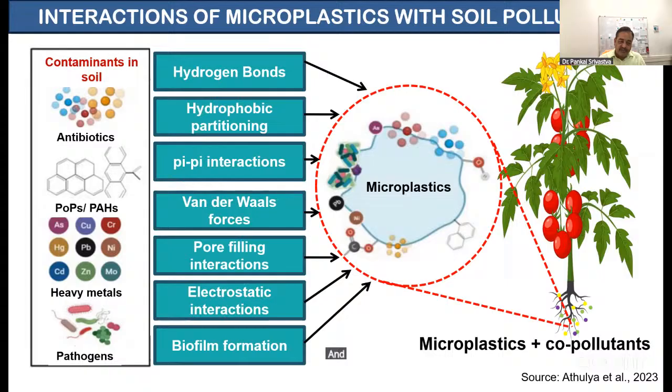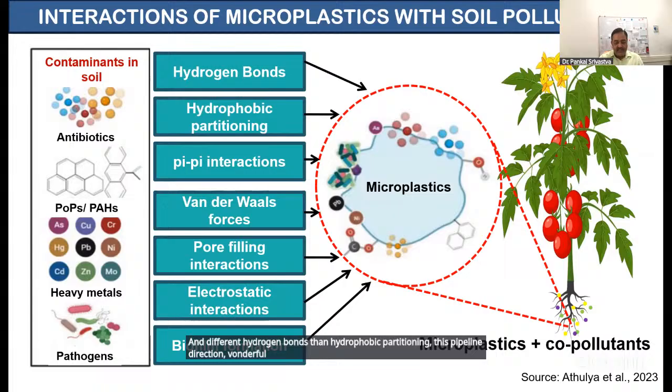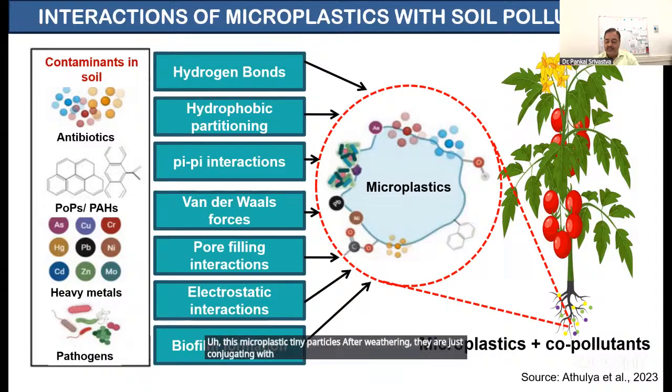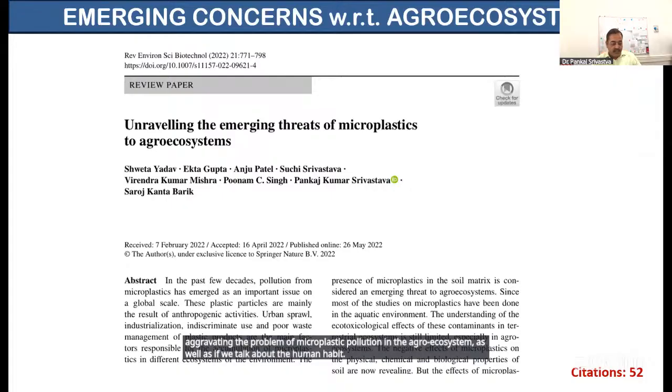And different hydrogen bonds, hydrophobic partitioning, pi-pi interaction, and van der Waals forces are the different chemical interactions and bonding. The microplastic tiny particles, after weathering, conjugate with these contaminants present in the soil and aggravate the problem of microplastic pollution in the agroecosystem, as well as human health. So initially, we tried to understand and publish this comprehensive review for unraveling the emerging threats of microplastic in